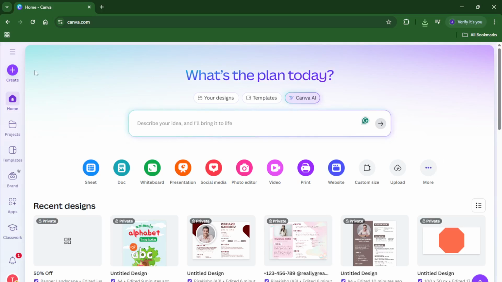The first thing you'll want to do is open up your web browser and head over to Canva.com. If you've never used Canva before, don't worry, it's designed to be super user-friendly, even if you've never played around with graphic design tools before. You can set up a free account in just a minute or two if you haven't already, just follow the